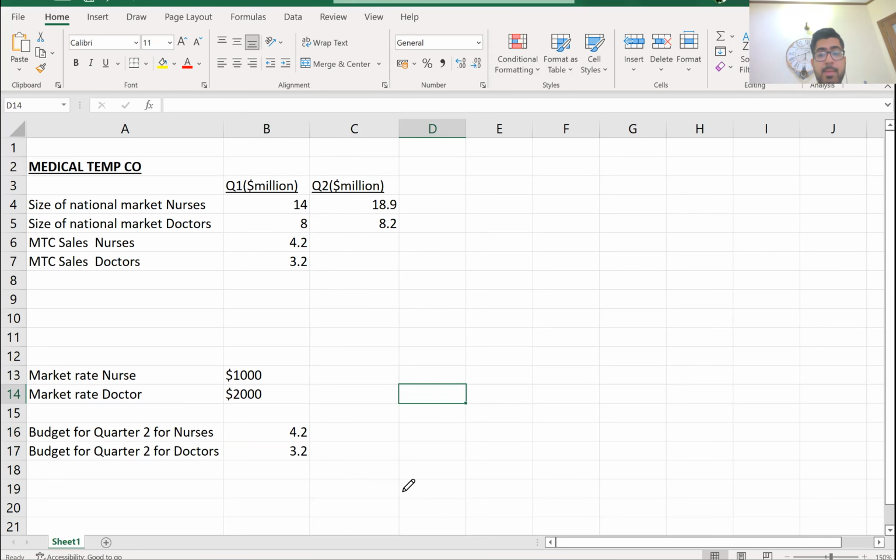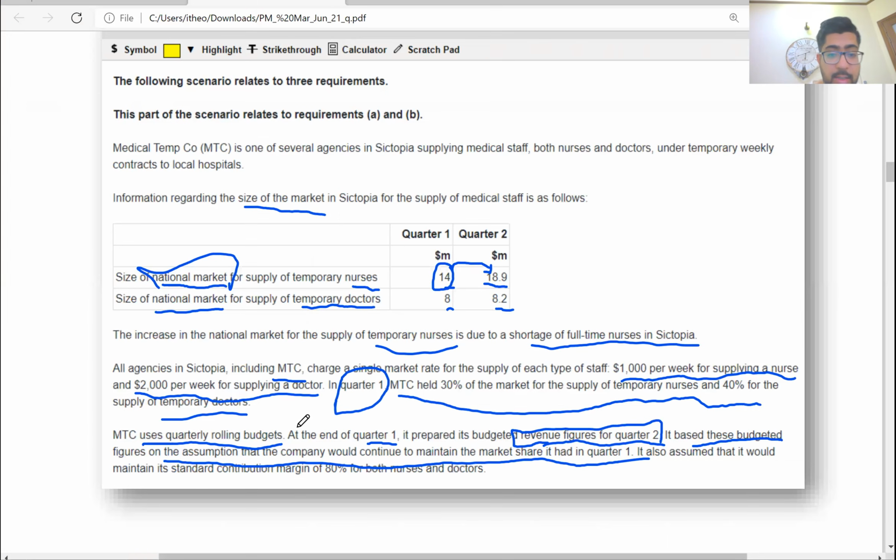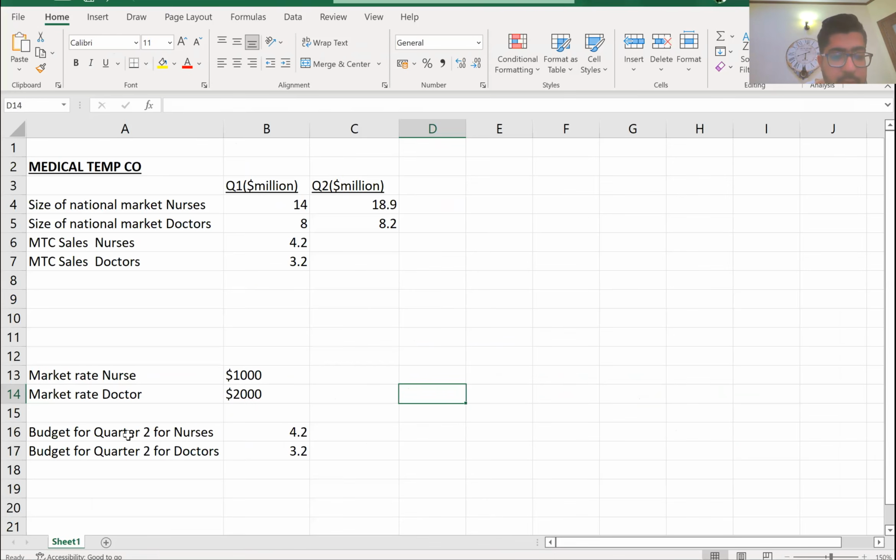are important in PM paper. MTC uses quarterly rolling budgets. At the end of Q1, it prepared its budgeted revenue figures for Q2. So at the end of Q1, you prepare your budgets for Q2. The budgets are based on the assumption that the company would have the same market share as in Q1. So you are preparing budgets for Q2, assuming you will have the same market share as you had in Q1. So the budget for Q2 would be the same as you had in Q1, 4.2 and 3.2 for nurses and